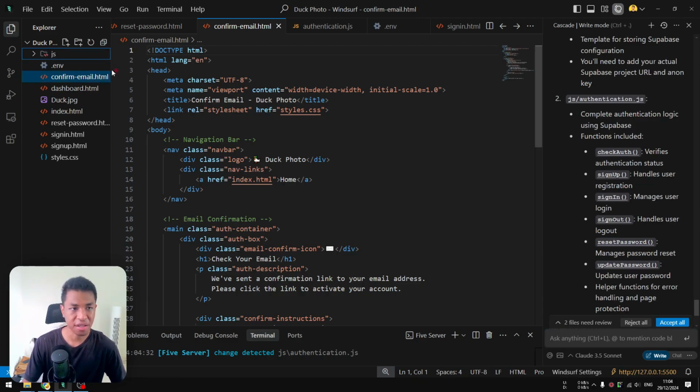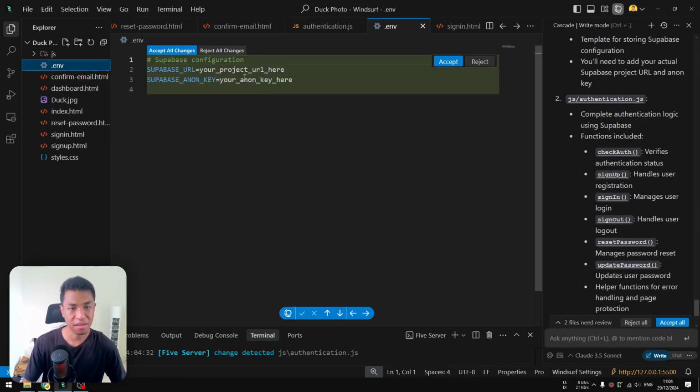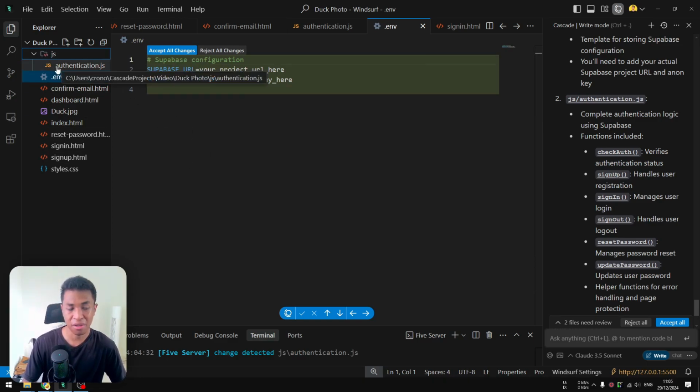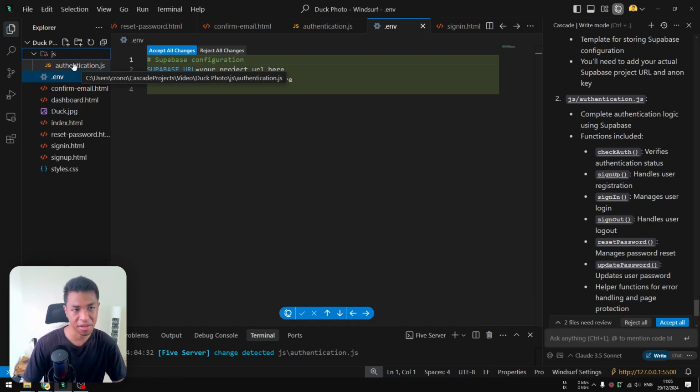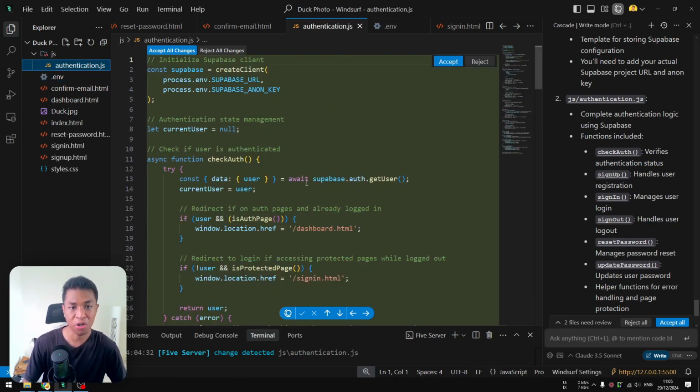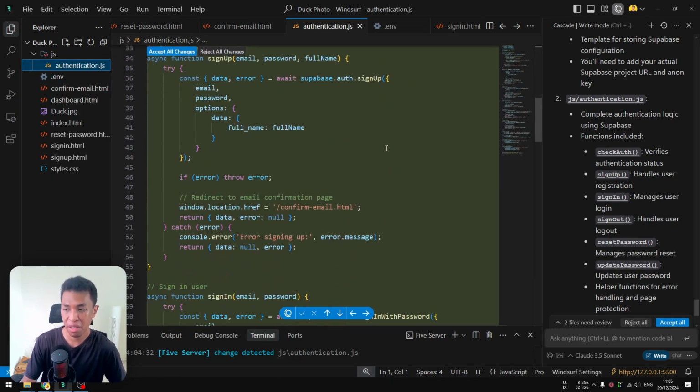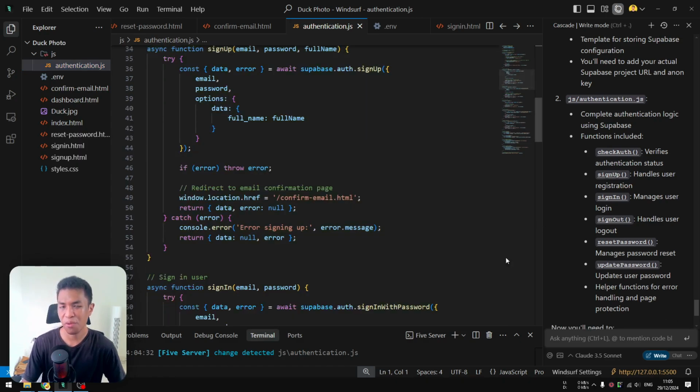Okay, so it just created the .env file. This is the file. It's a very simple file, and also there is a new folder that stores the authentication.js. So it is actually a folder that was created by AI. I was actually expecting it to create the authentication.js file in the root folder, but instead it's creating a new folder. But that's okay, it's still working just fine. And this is the authentication file that will handle the logic for user registration, login, sign up, and also the password reset. So I'm going to click accept all, and now we are going to create a project in Supabase,